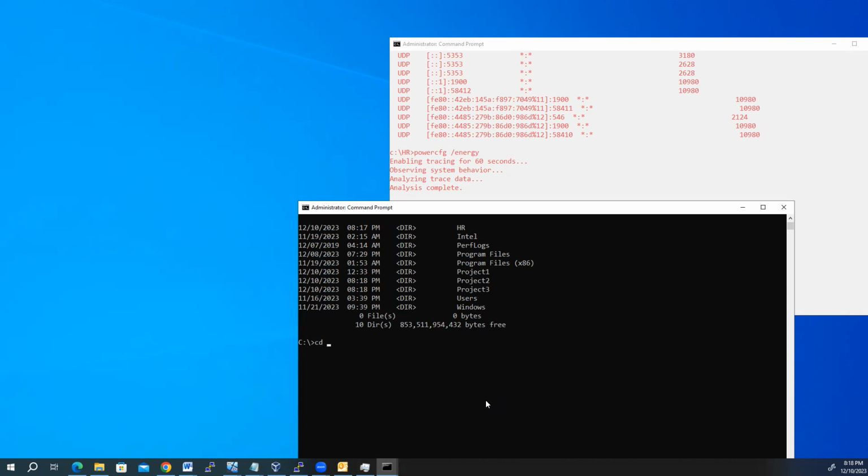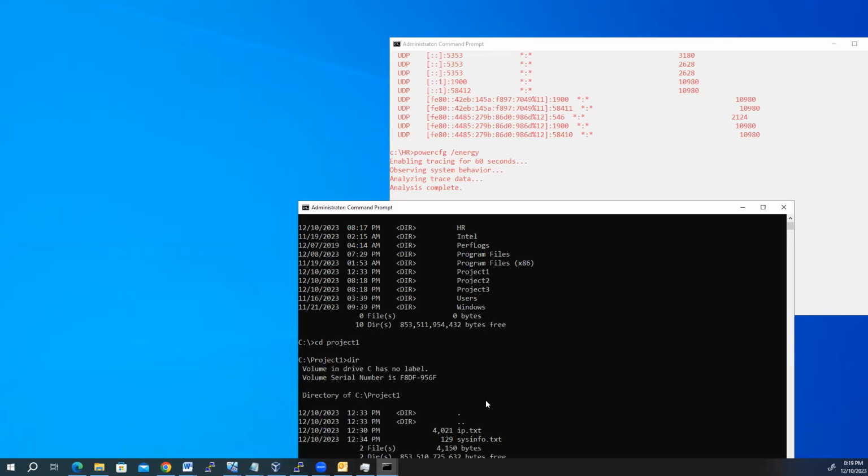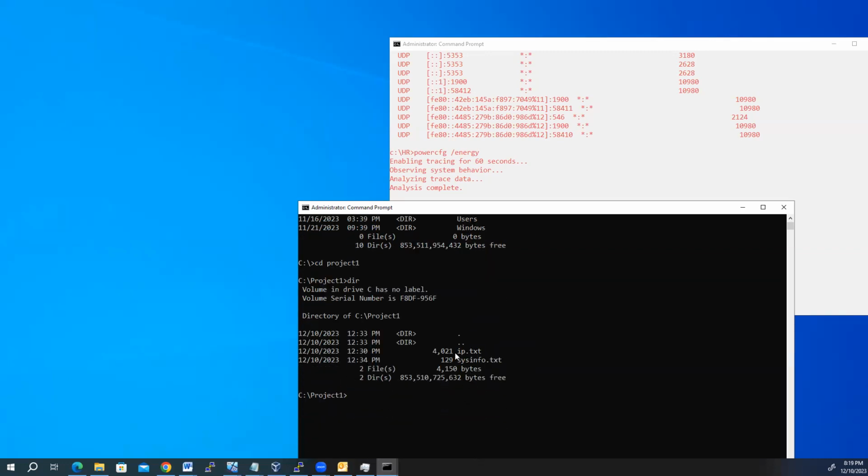Now, I want to create a file under those projects. Let's go under cd project 1. I want to see what is inside, so I type dir. I can see they have ip.txt, systeminfo.txt. There are some files, something like this, under project 1. So now if I go cd .., I can go back again. As project 1 already has something,